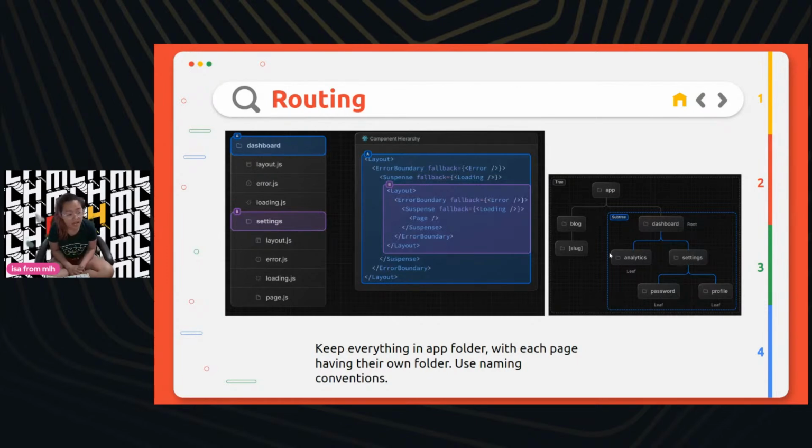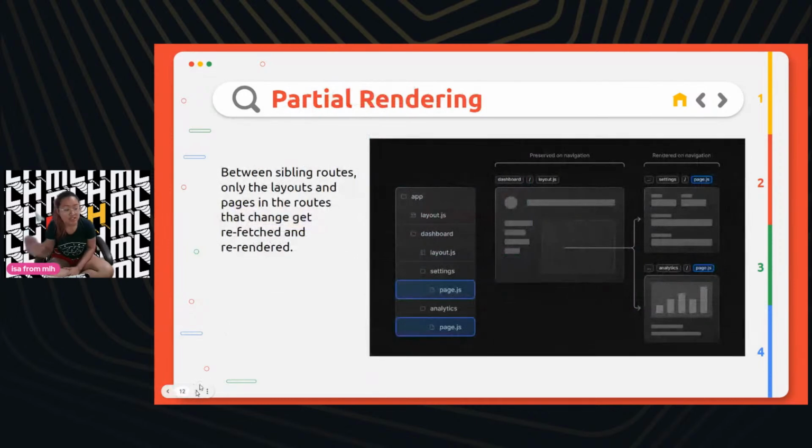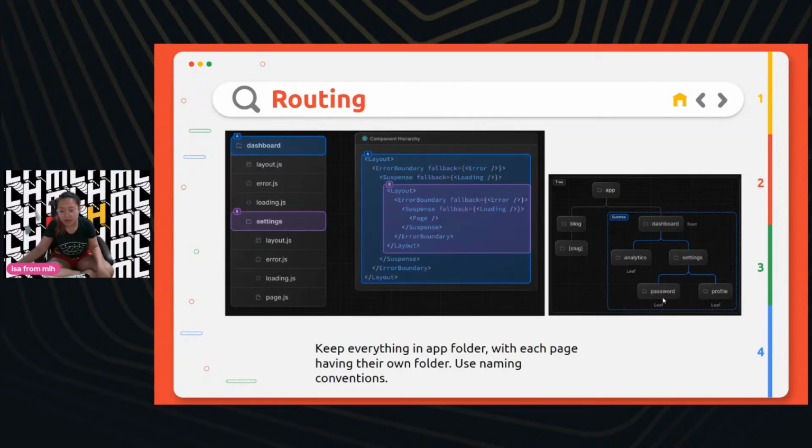Cool. So unless anyone has any questions about that, I think I can go into partial rendering, which is the last slide of my lecture bit, which is just saying, if you have those different components in different pages or in different nodes, in different leaves.